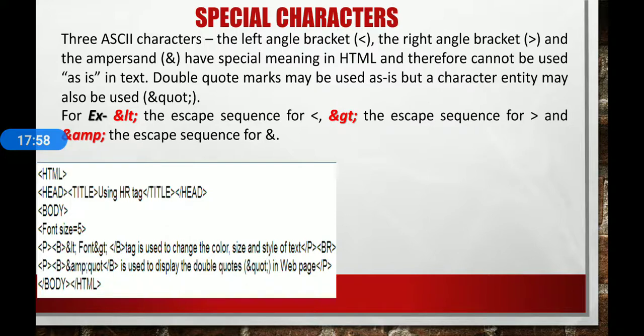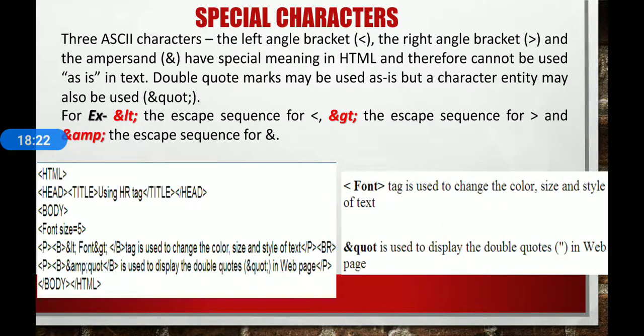Here is an example. Here we have written &lt;font&gt;, because we can't use the greater than and less than signs directly within an HTML document, as they would be treated as a tag. So if you want to display the angular brackets with the font tag, like this given here, we can use &lt;, then the text, then the &gt; greater than sign. It will be displayed as shown here in the output, font tag.